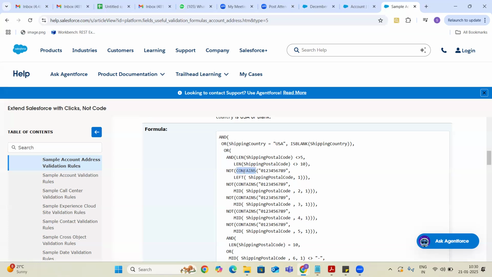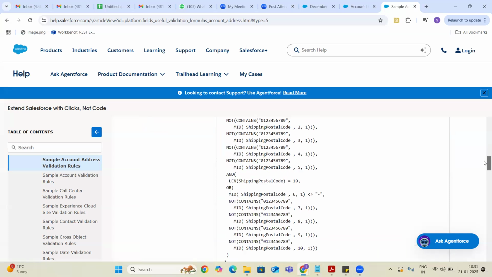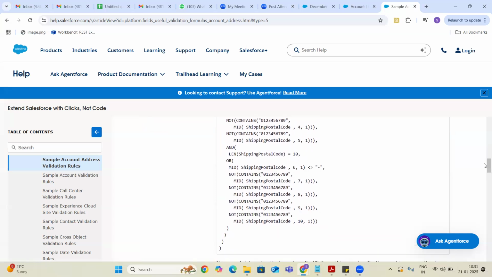The value present in the first position, second position, third position, fourth position, fifth position. All these position values, whether each is a number or not, that is what we have verified here. The next one down is also the same. It looks like a big formula, guys, but it's an easy formula only.